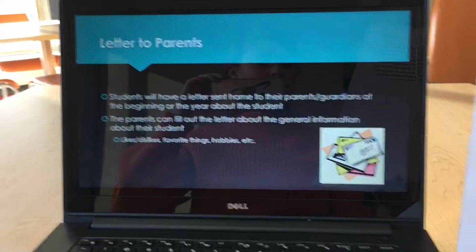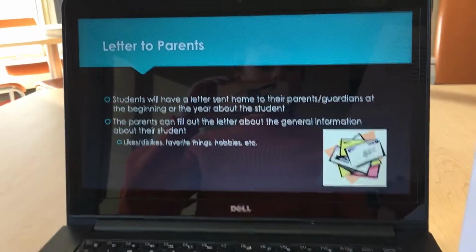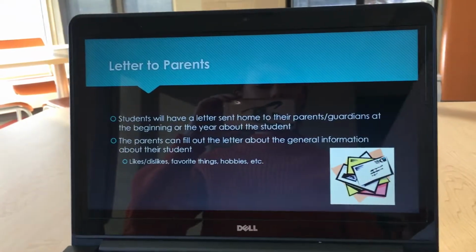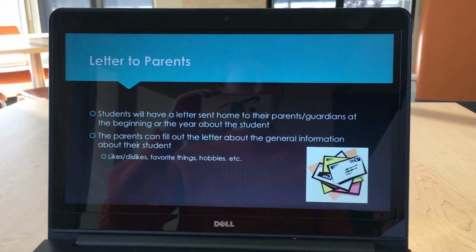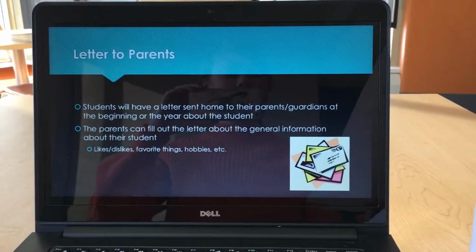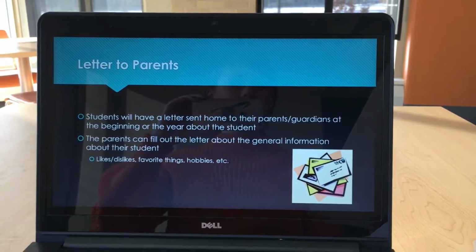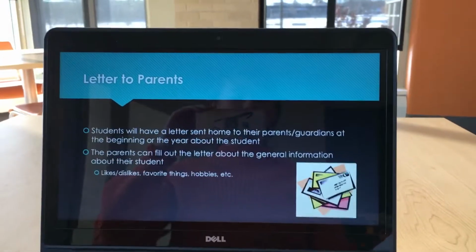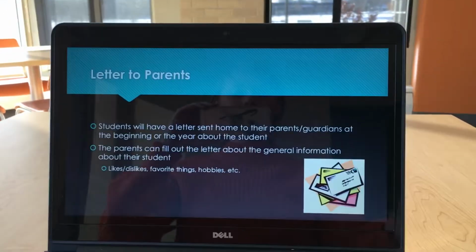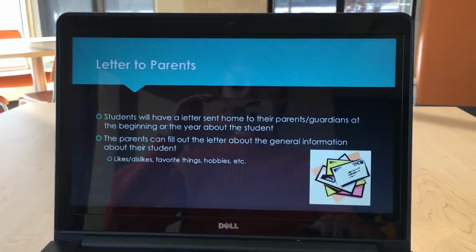So it can be their child's dislikes, likes, their favorite things, career highlights, what they want to be when they grow up, their favorite sports, different hobbies they like, different books they'd like, future goals, dreams, et cetera, et cetera. So just kind of a neat thing for the student to get to know, for the teacher to get to know their student a little bit better.